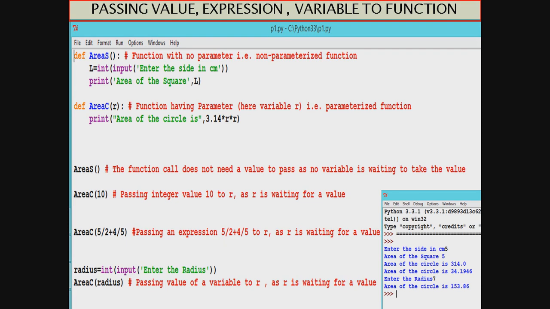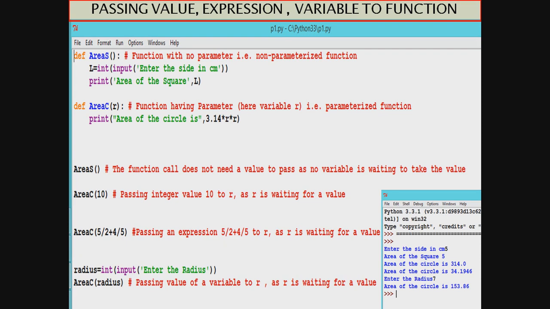We can send a value directly, we can send an expression, or we can even send a variable name. This is what we wanted to understand with this given code snippet.